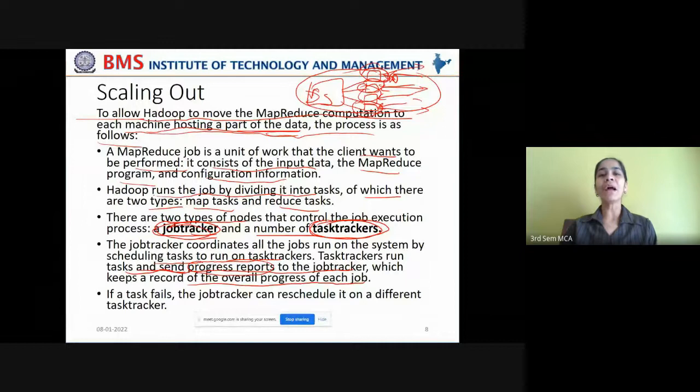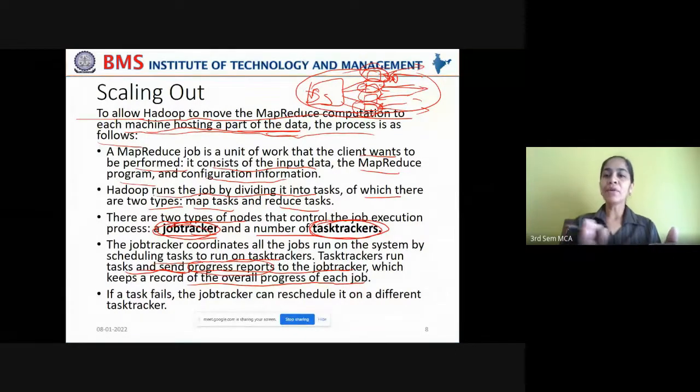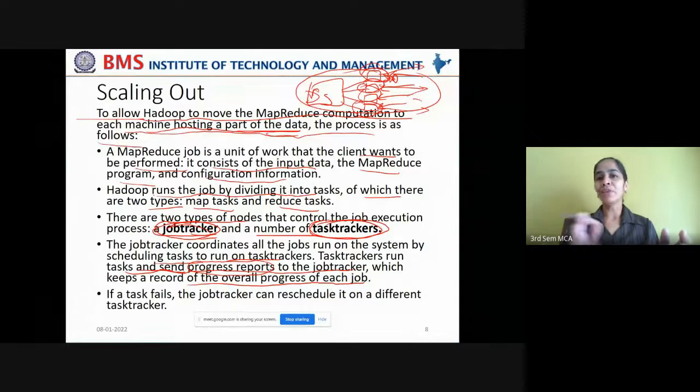This will be clearly understood when we understand the interface that is provided by the MapReduce on a HDFS cluster. We will be able to see what is the progress of each of the map tasks. So once all the map task executions are completed, or at least 50% of the map task execution is completed, then only the reduce task will start its process. Otherwise, it will not have output from the reduce task, right?